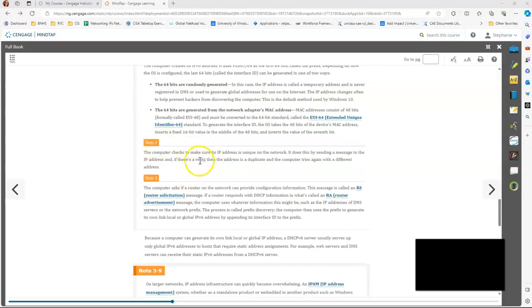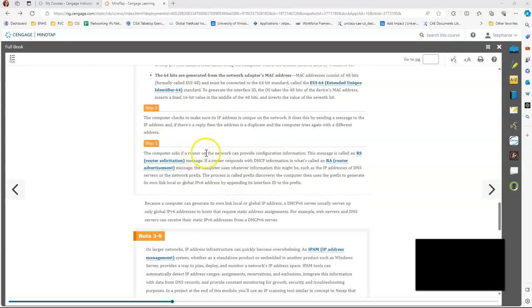And then step 2, that computer is going to make sure that it's a unique address on the network. So it's going to send out a message and look to see if there's a duplicate. And if there's a duplicate, it'll try again on the randomly generated one. Step 3, the computer asks if the router on the network can provide configuration information. So this is a router solicitation, or RS. And the router will respond with a router advertisement, or RA